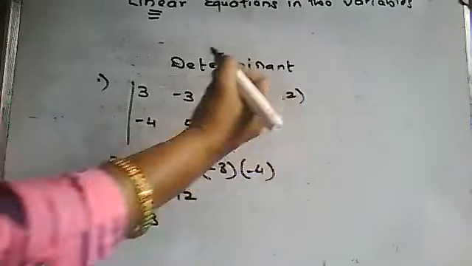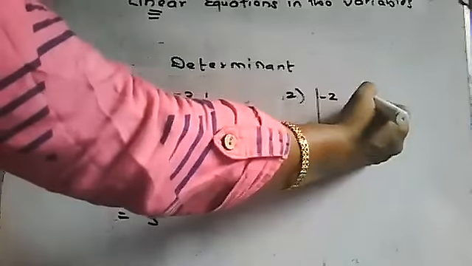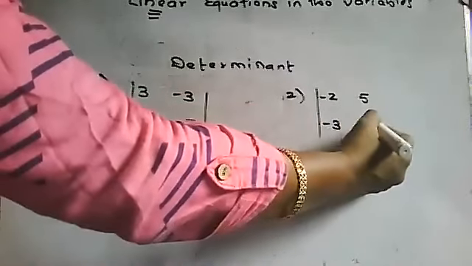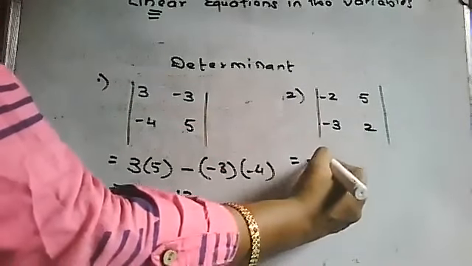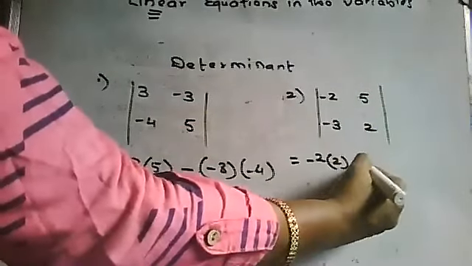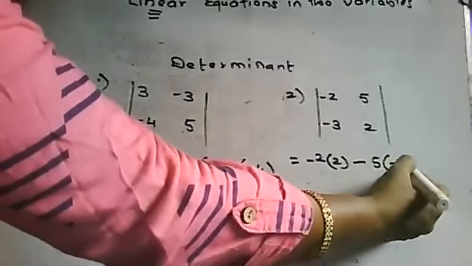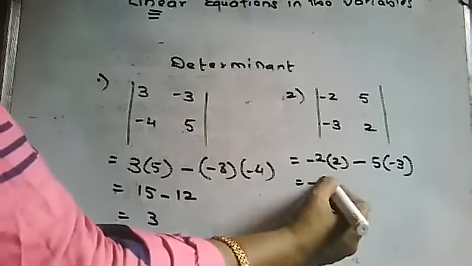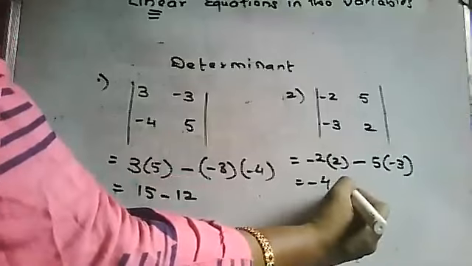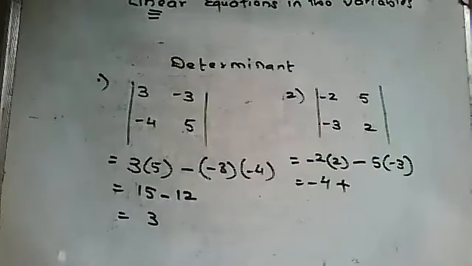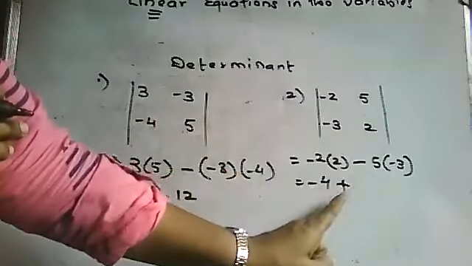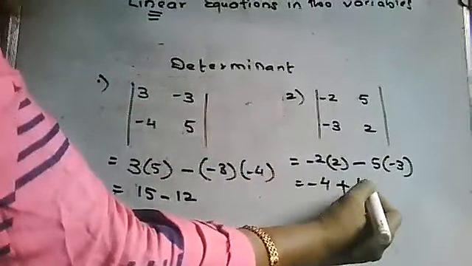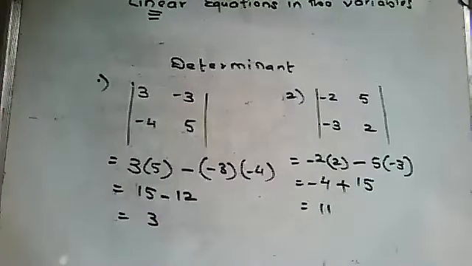I'll show you one more of this type. Suppose you have minus 4, 5 and minus 3, 2. So it will start from minus 4, into 2, in between minus sign, 5 into minus 3. So minus into minus, minus into plus will be minus, minus into this minus will be plus. In multiplication signs change, so minus into minus becomes plus. 5 3s are 15 and 15 minus 4 would be 11. Students, please note these two down also. Please note down.